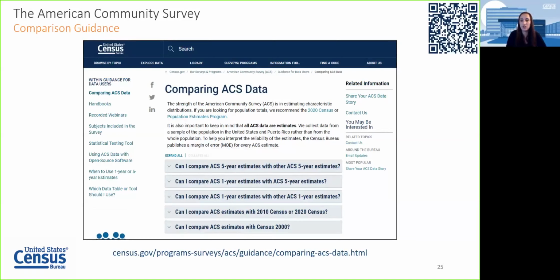So, for example, if you were interested in data about computer and internet use from 2016, you would select the year and then select the topic computer and internet use. And then you would see that the Census Bureau recommends comparing the 2016 data and 2015 data with caution due